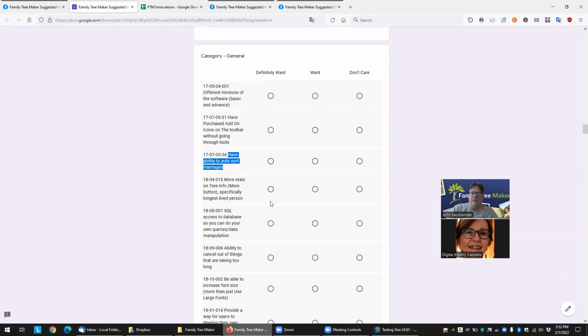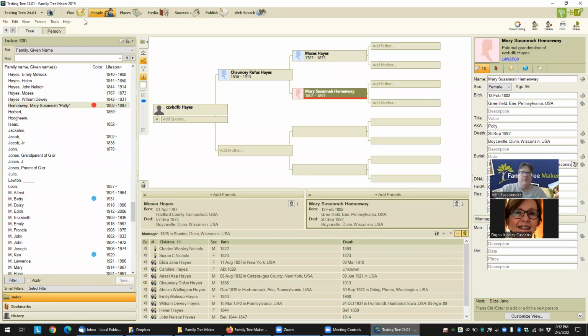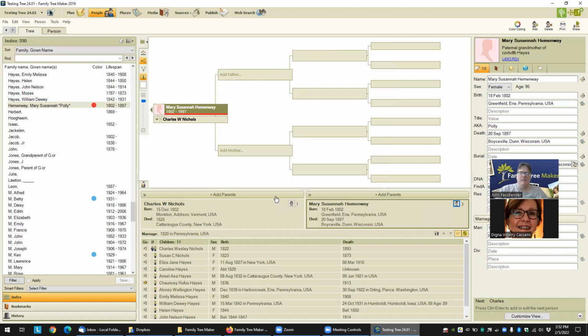Have ability to auto sort marriages. Because yeah, children can be set to automatically sort. There's even a tool in that, but for spouses, no, you have to do it by set spouse order. And it's basically however they were entered. It will not automatically sort, so you have to manually sort them. And then that can also get more difficult, especially from a programming standpoint, when it comes down to, well, what if they're married to this person? Okay, but then maybe they had an affair with this person, had a child, and then they married someone else. So it's like, okay,